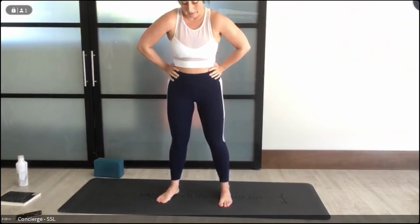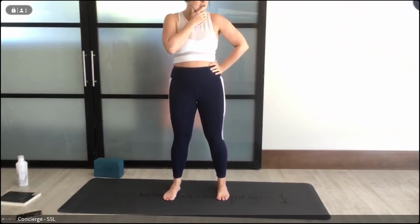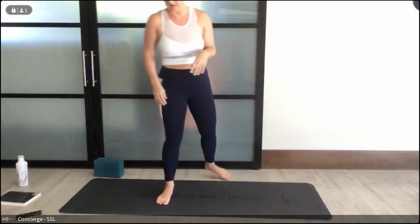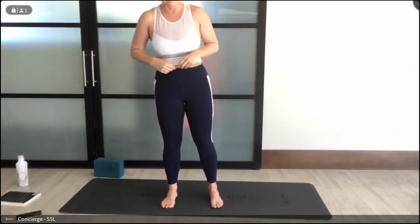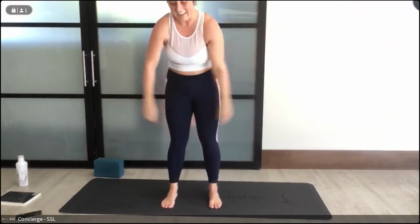So, okay, so we're going to start facing one side of the mat. You can choose either left or right. Do you want to face the same way or look at each other? Okay. Okay, so